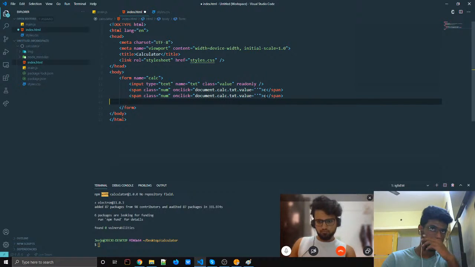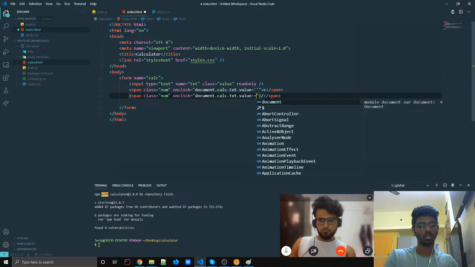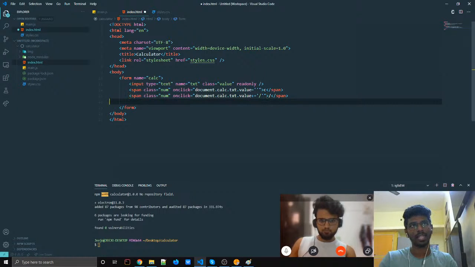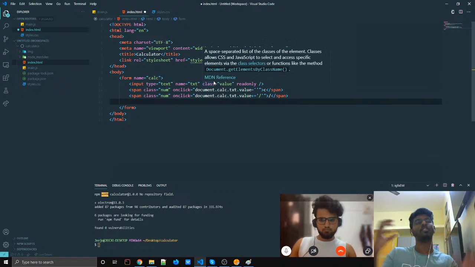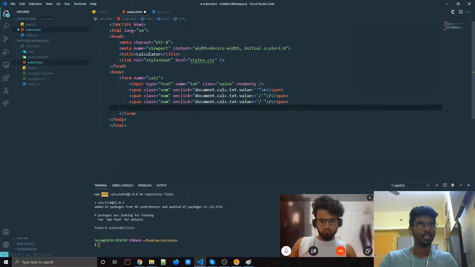So here what I'm saying is, let me give the value as a slash. If it's a slash, then just put text.value plus equal to. Inside this, I'm just adding a slash. So whatever value is already in the input field, it will add a slash after. So it will just append the thing. Okay. So then I'm just going to create another thing, which is